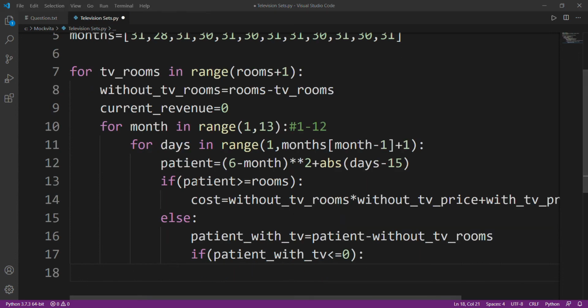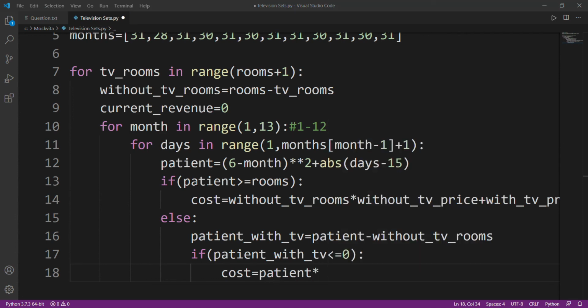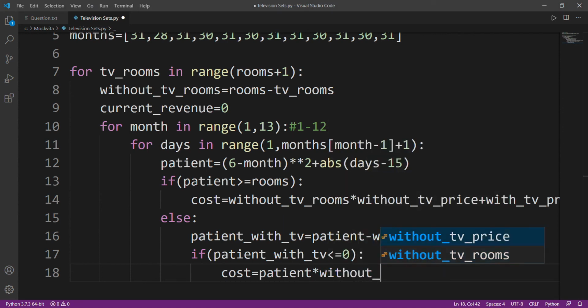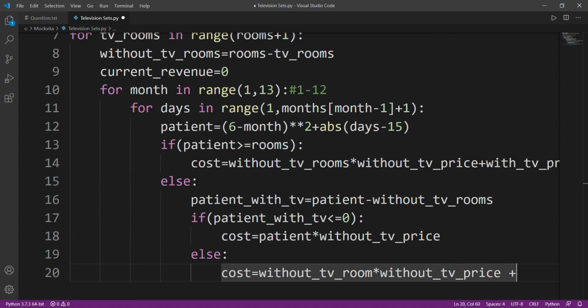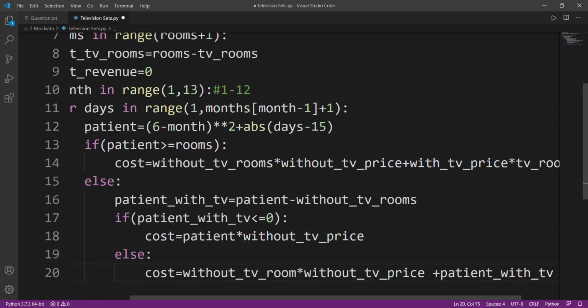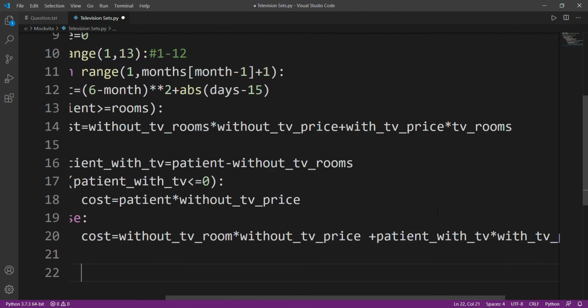If they are less than or equal to 0, then my cost for that day will be the total number of patients that came into the without TV price, else my cost will be equal to without TV rooms into without TV rooms price plus patients with TV into the price of with TV room. All right, I believe that's all.